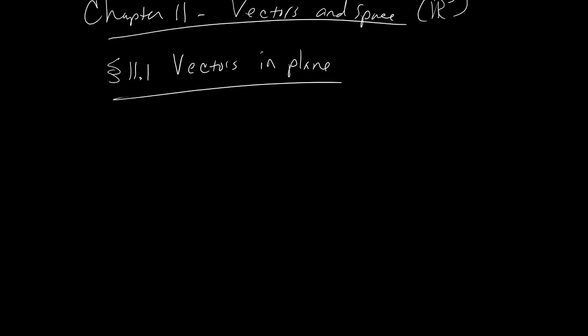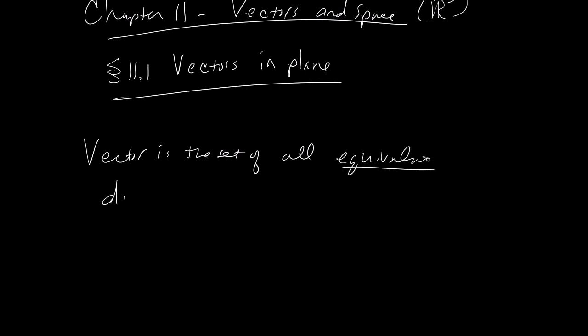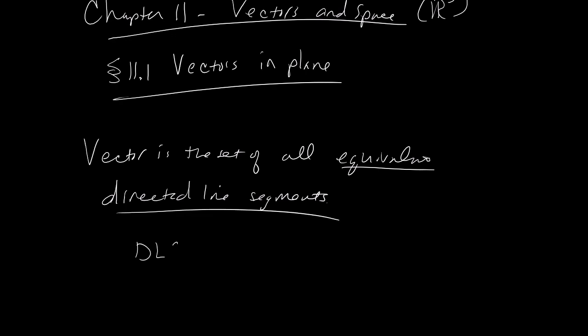All right. So what the heck is a vector? Well, a vector is the set of all equivalent directed line segments. First of all, what the heck is a directed line segment? It's exactly what it sounds like. I'll call that DLS for short. A directed line segment is a line segment